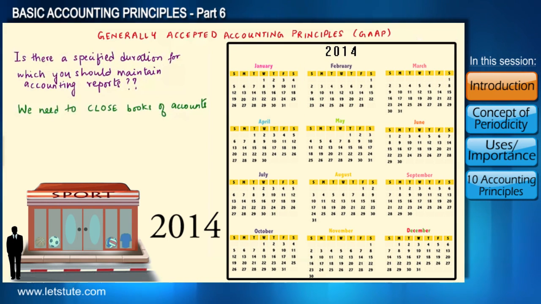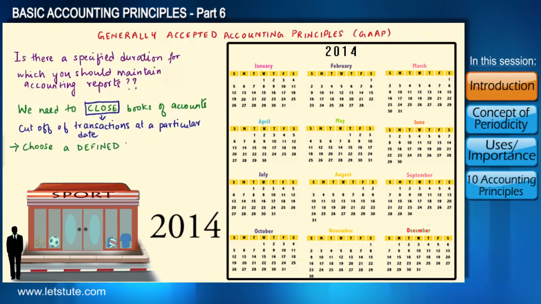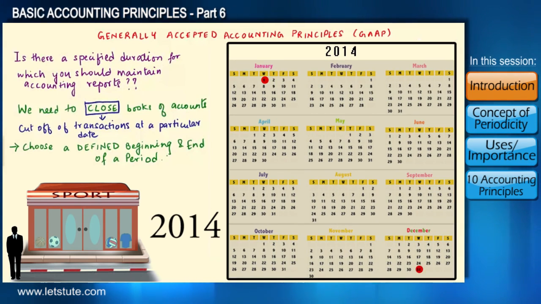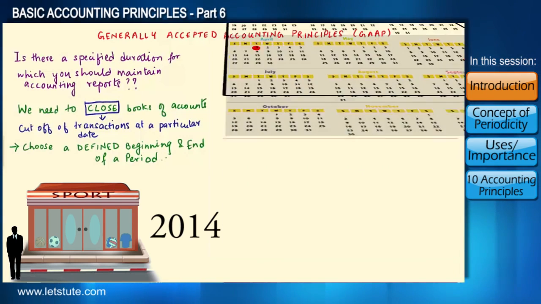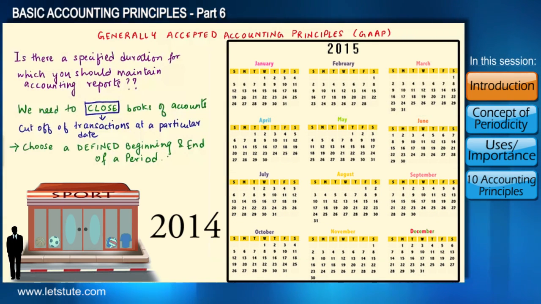even on a monthly basis. When I say the word close, it means we do a cutoff of accounting transactions at a particular date. So we choose a defined beginning and an end of a period. Let's say Jan 1st to December 31st, or April 1st to March 31st, or June 1st to September 30th, and